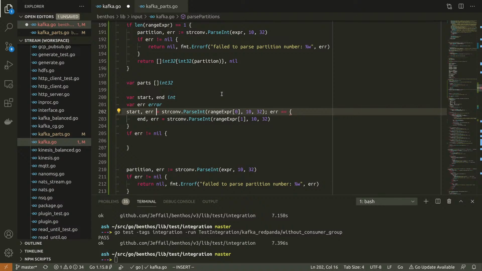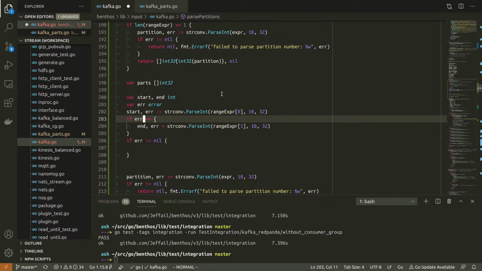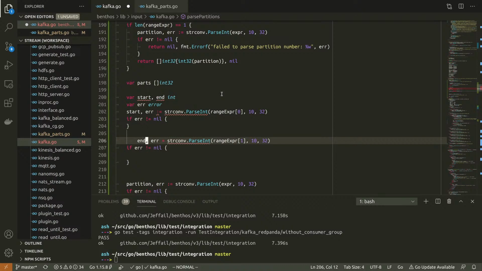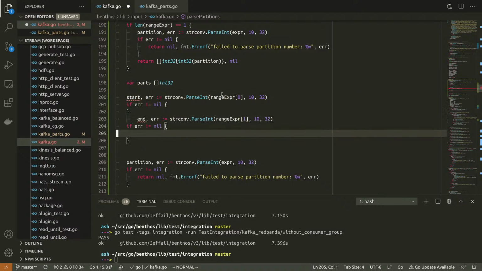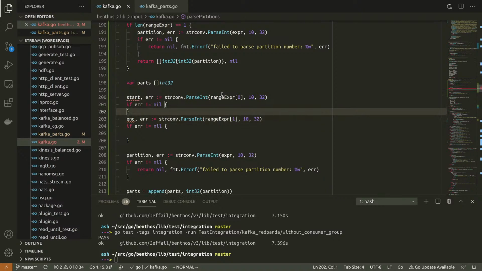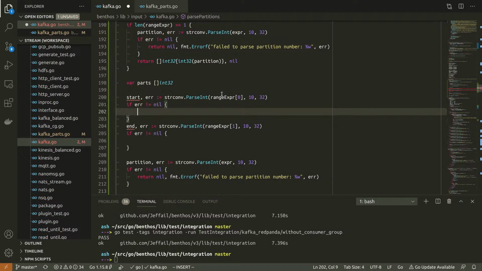I don't think this is right. I do that sometimes to keep things short if there are going to be multiple things that I'm testing, rather than constant if equals nil blocks. But that's not healthy, is it? If I break this out into two separate checks, then I can return specific errors.